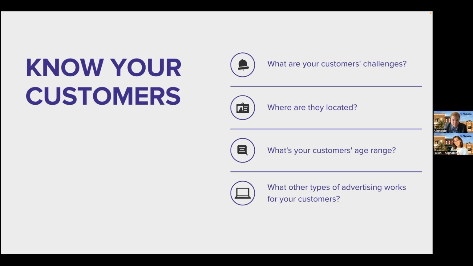And then we want to look at demographics. Once we've isolated their challenges, how we can help them, and what makes us unique, we look at where they are located and what your customer's age range is. The way that we talk to our customers is going to change depending on whether their age range is 50 to 60, or if they're teenagers, right? So we want to make sure that the language we're using when we're talking to these folks is specific to their age range